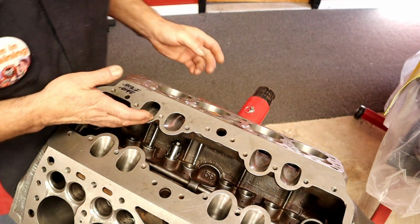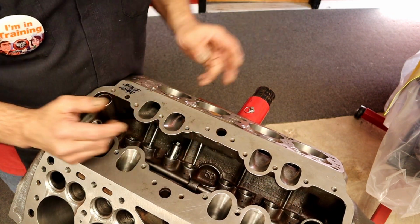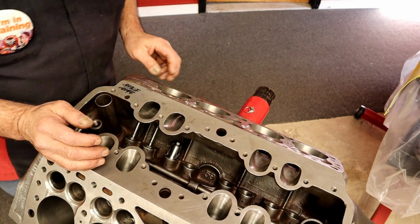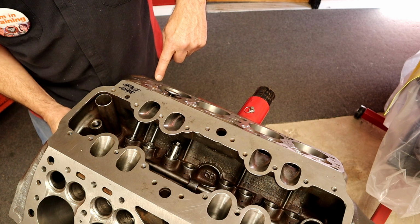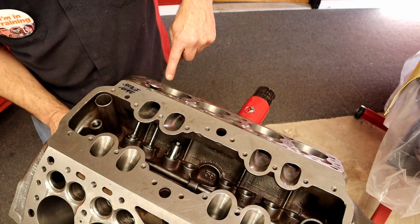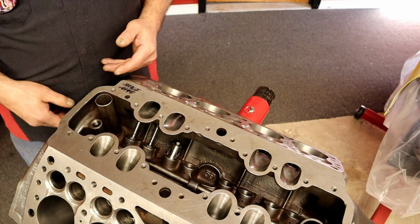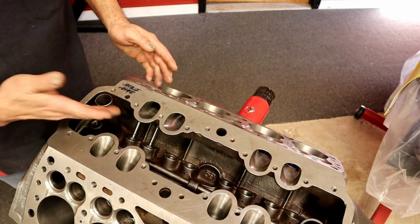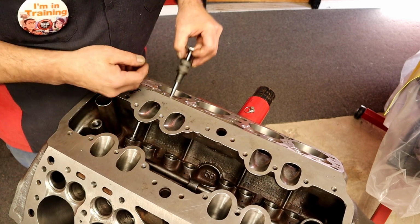All right. So now we know that by doing that, we can set two valves, measure them, and get them all set. So here I am back over here with my two valves. Look at that. And check this out. I don't know if you can see this or not. Look at that. See that? That is perfection right there. Got my lash already set. The lash is set, and we're ready to go. So I'm going to go ahead and start assembly. Next thing I'm going to do is check the spring pressure. So to check the spring pressure, it is...